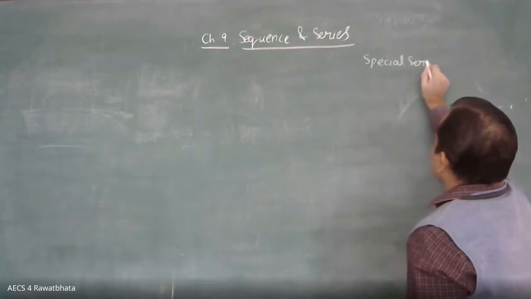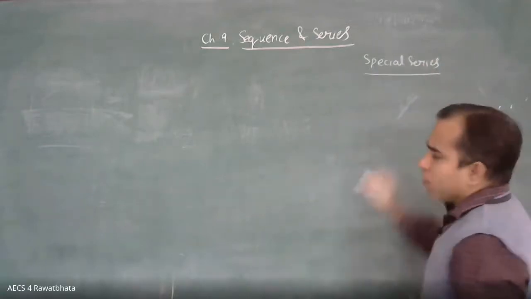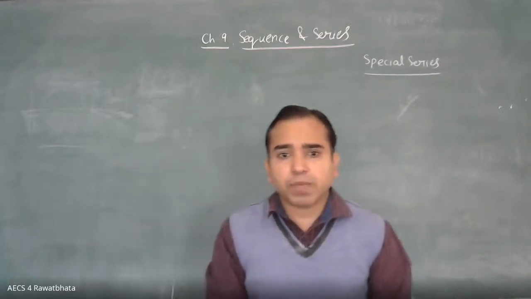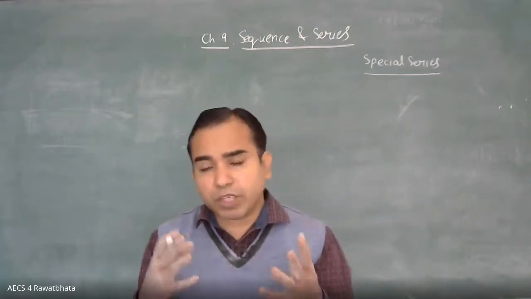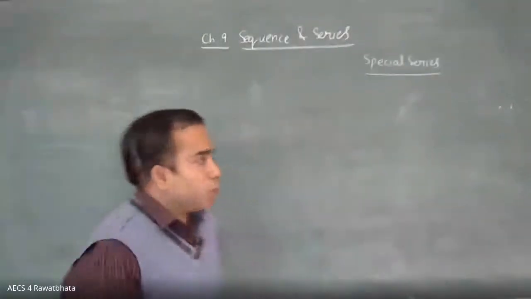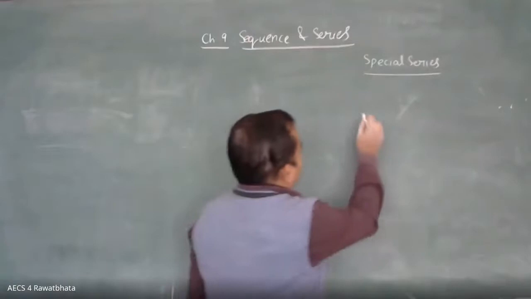There are some sequences which you cannot say are AP, or sometimes they are neither GP also. But there is a pattern. I show you the example. If I take this example,